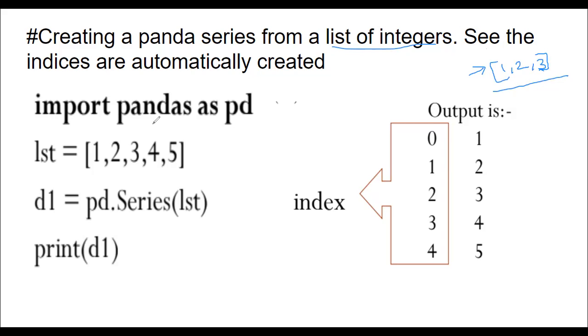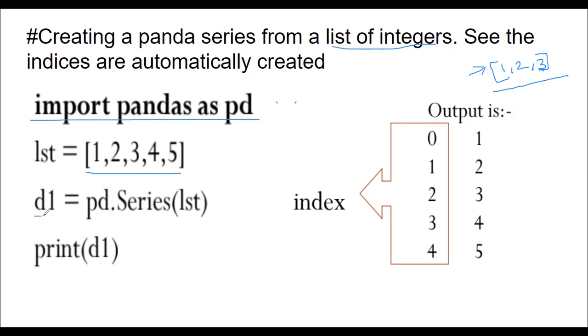So import pandas as pd. This will be the first line in each and every program. Now this is a variable or object you are declaring to store your list. Directly also you can pass inside here, or you can store it in one variable, then pass it. Here it is a list, so it is easy to remember what I declared. I have given the name as LST. So the square bracket 1 comma 2 comma 3 comma 4, however many values you want to pass, but each value you have to separate with the help of a comma operator.